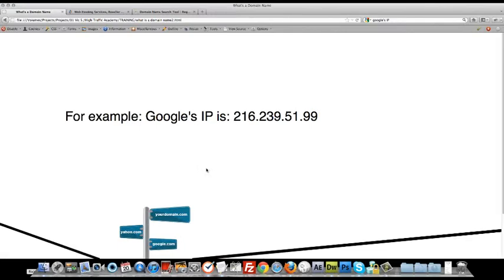A domain name is basically a bunch of numbers to computers and servers, but for us human beings, it's easier to remember yahoo.com, google.com than a bunch of numbers like 216, 239, etc. So to make it simple, a domain name is just that, okay? So you find yourself a really cool domain name and you buy it from google.com or any other registrar for that matter.